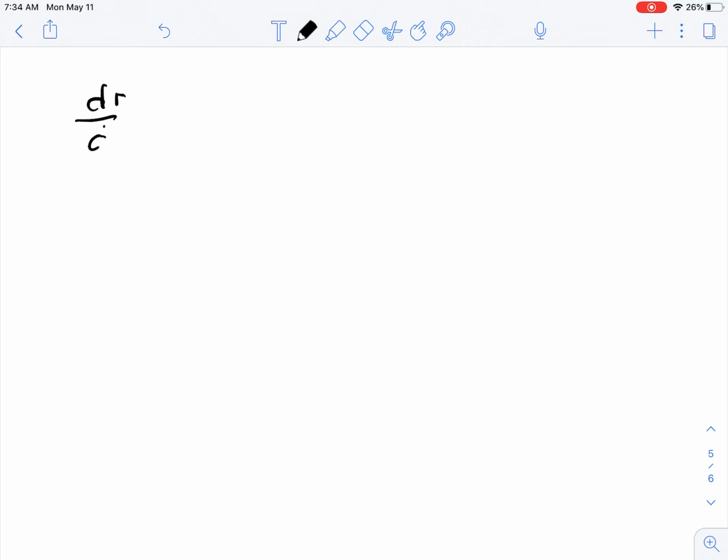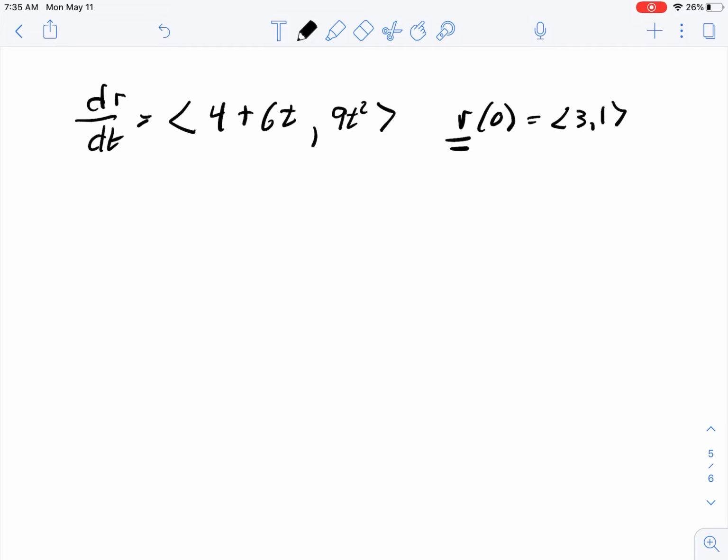Let's say the derivative dr/dt is given to you, and let's do a two-dimensional one: 4 plus 6t, 9t squared. And let's say my initial condition is at time 0, I'm at 3, 1. So therefore, my r of t